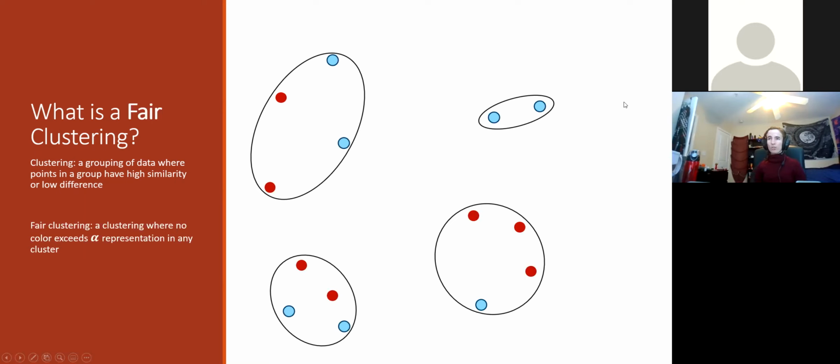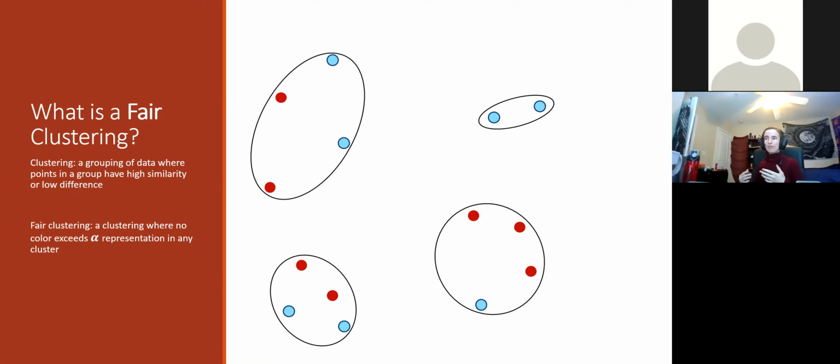Obviously, in this paper, we're looking at fairness in clustering. Fairness was first introduced to the clustering context with the seminal results of Hierarchical et al. just a few years ago. And we're going to use a variant of their definition of fairness. So in the definition of fairness that we're using, that was introduced by another work after Hierarchical et al.,